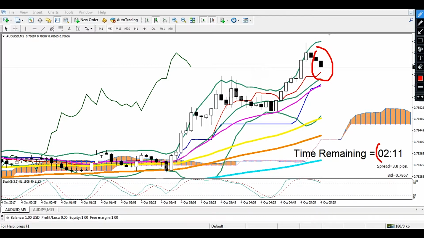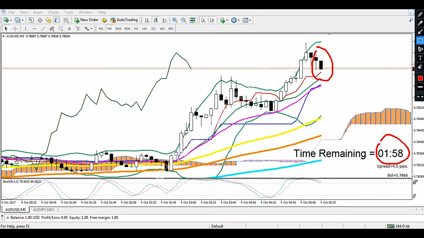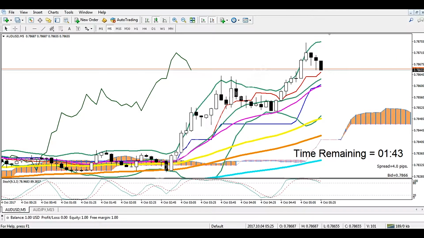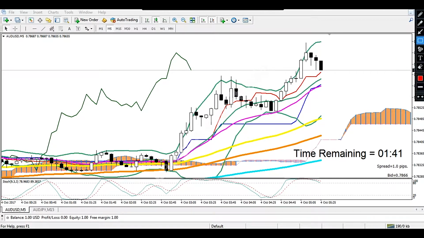So we still have 2 minutes left of the 5 minute chart, and that's why it's important to look at this, because when this candle moves around this area within these 2 minutes, we could actually enter a call option when it touches this area, because there is a strong support line within this. You see this red line in here,